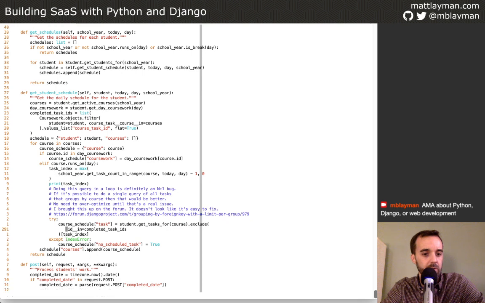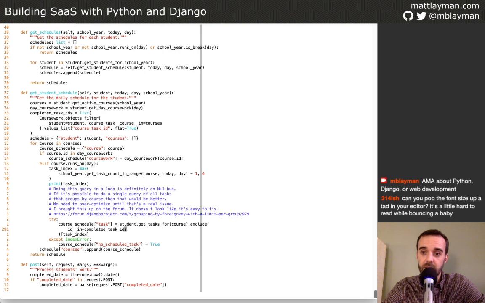What's going on here? It filters out completed. Oh, that could be it. So think about it this way. If we're filtering out, you can see there's completed tasks, and we're getting the tasks for the course, and then we're taking out the ones that have, so this is going to return a query set, get tasks for course, I believe, and it's going to then take out the ones that are the completed task IDs. And so since there is,